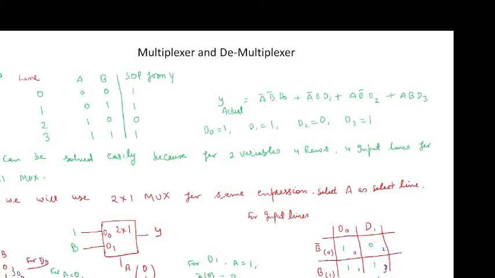Line 2 is not present in the expression, because sigma F(A,B) is equal to sigma m(0,1,3). 2 is not there, so we will write 0 here. So for D1 we write B bar is 0. Now when A is equal to 1, then B is 1, so we will write it as B. So B1 will be equal to 1, because it lies on line 3 and 3 is present in the expression. So here for D1 we will write B1 as 1.